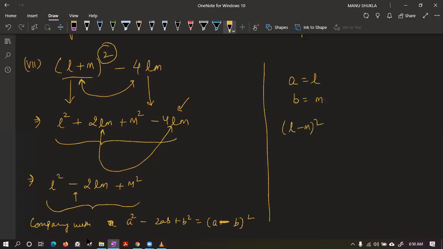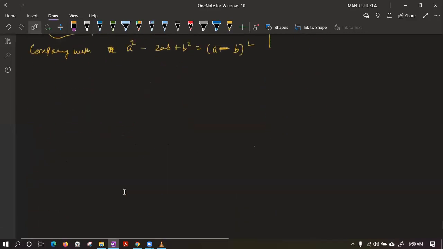That's it. So this question was very easy. Let us take the eighth part also. Some of you must have doubt in the eighth part also. It is very simple. I will not ask you to do it. I will just show you how to solve it so that if anyone has a doubt, they may understand this.